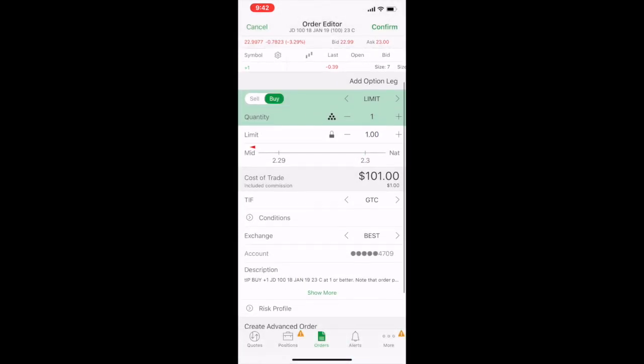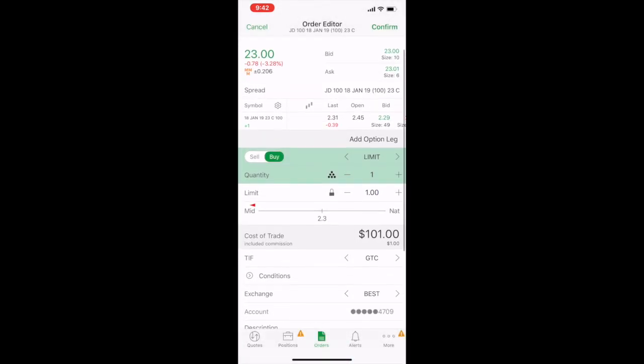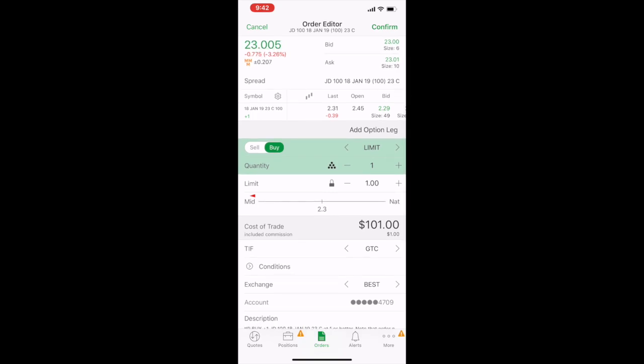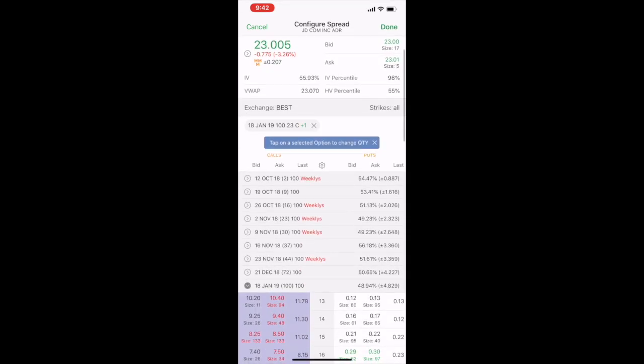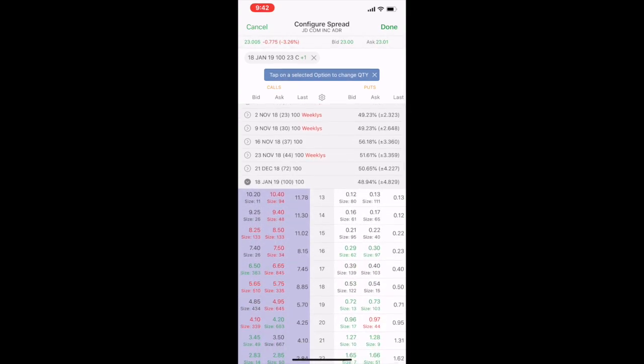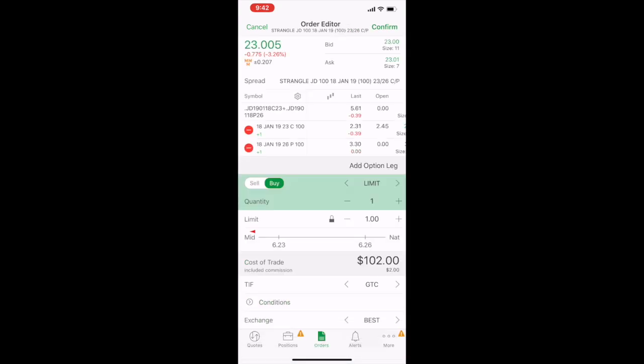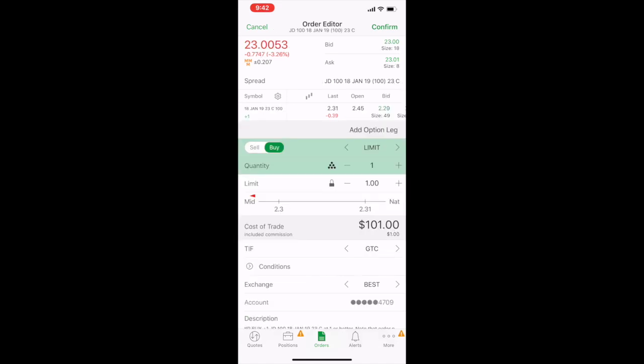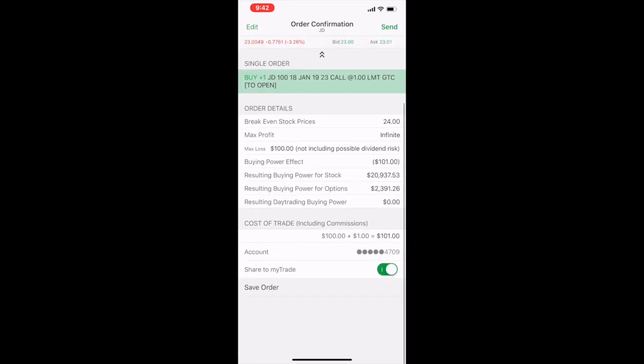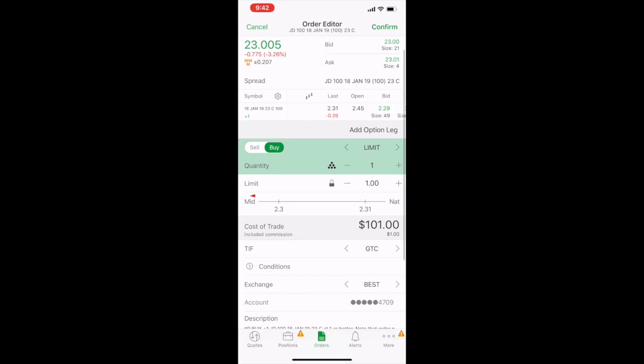And conditions, and then if you want to add an options leg, you just click add option leg. And then you can do the same date. You can do whatever you want. So you can say sell put or whatever. Done. And then if you want to modify that, you can close it like this. And you just go ahead and click confirm. And that is how you would create an order on buying an option or selling an options contract on the